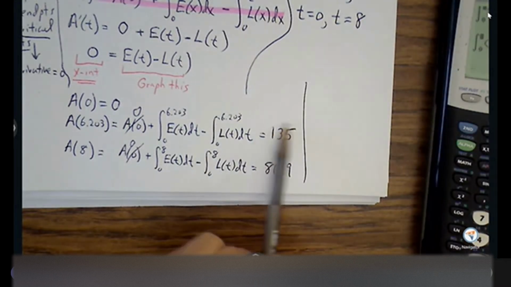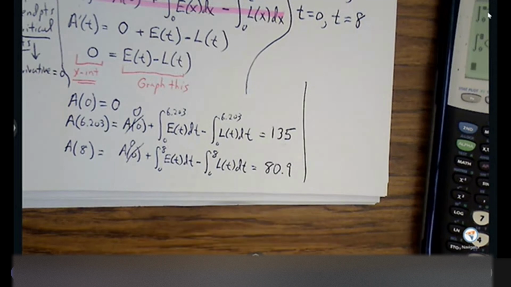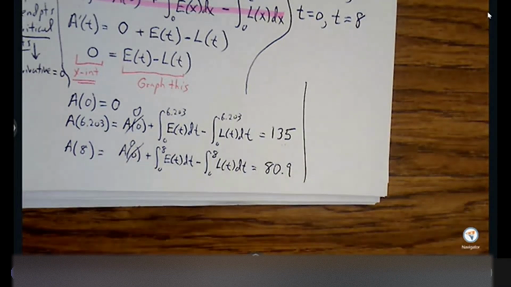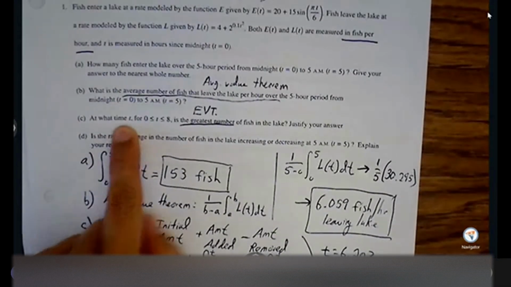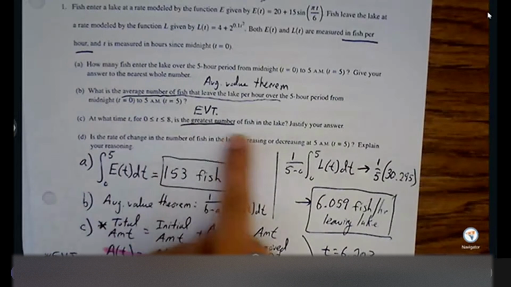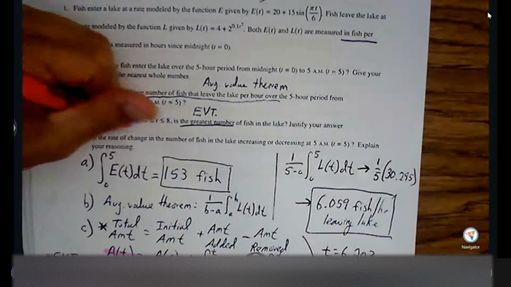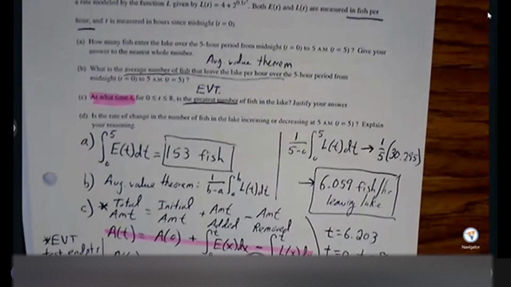So I initially just wrote down 135 fish, but then reread the problem and I realized, oh, this is not asking for the number of fish; it's asking for the time. So I think it's a good habit for you guys to do, even though you know what your answer is and you have the answer in front of you, go back and read the problem. Make sure that you're providing what they're asking for. So if we go back to our problem here, it says, at what time is the greatest number of fish in the lake? So the answer is not going to be 135. The answer is going to be 6 hours. At what time?